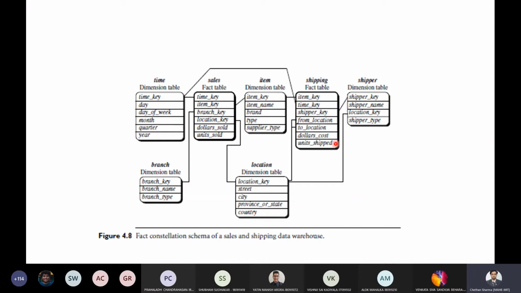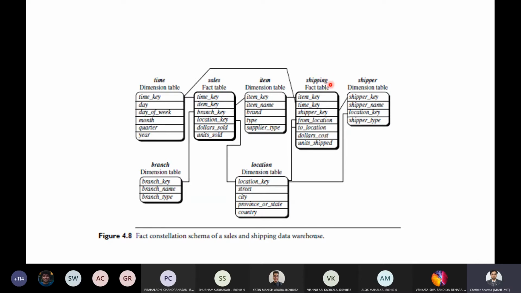The unique feature with respect to the fact constellation schema is that it allows dimensional tables to be shared between two fact tables. You can see that the dimension tables for time, item, and location are shared between the sales and shipping fact tables.